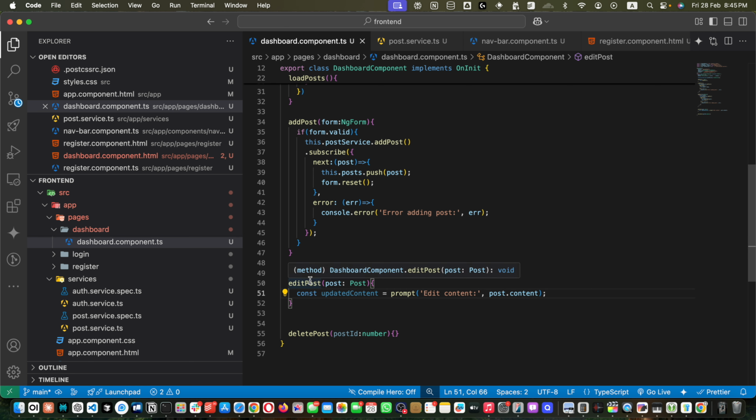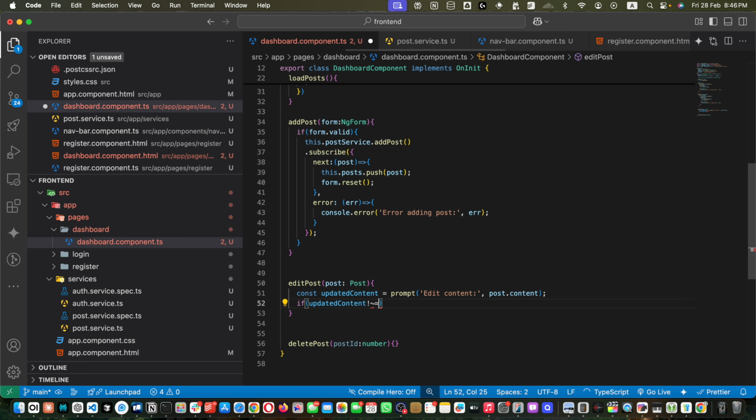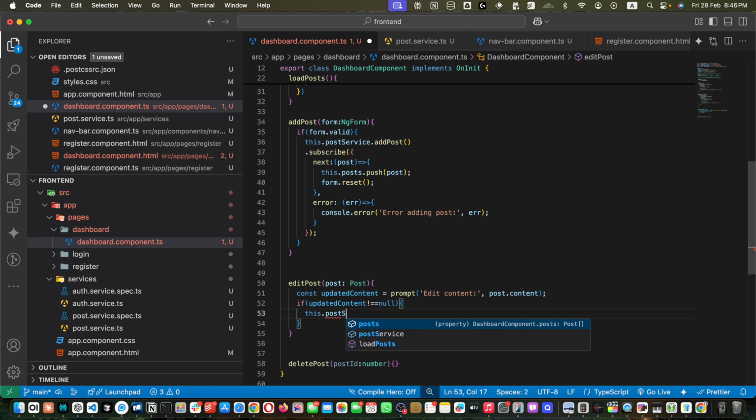Okay, so if the user clicks on the edit button, it will show a prompt with the title "Edit content", and it will show the current content in the text area in that prompt. And once the user submits that, the updated content would be saved in this variable. And then I will check if updated content is not equal to null, then we have to call a backend function from our service, this.postService.updatePost, by passing the post.id, and in the second parameter we will pass,